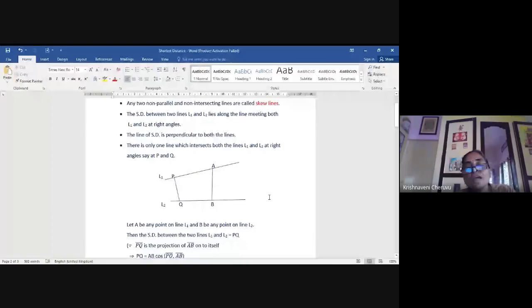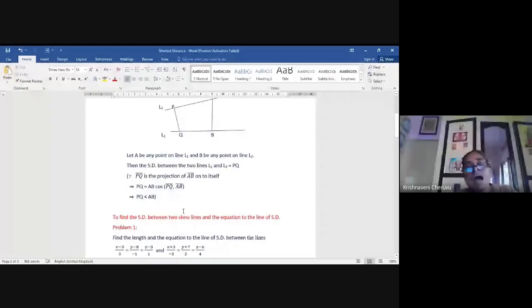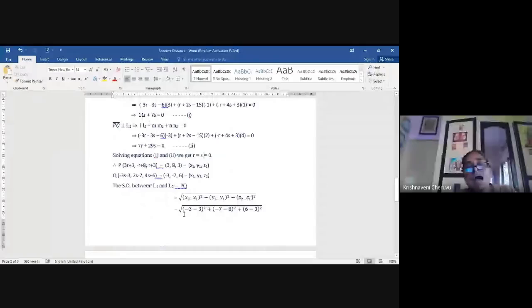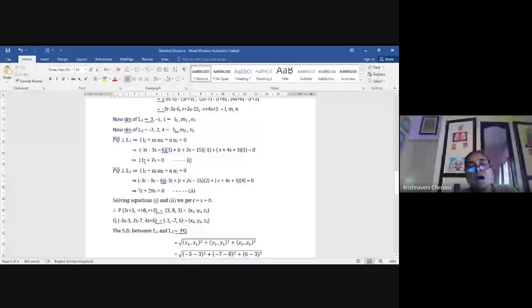What is left is to find out the distance between P and Q and to find out the equation of PQ. That's all. Distance between lines L1 and L2, PQ gives you the shortest distance, and the equation of the line joining PQ will give you the equation of the line of shortest distance. So basically you have to find out a point on L1, a point on L2 to finish the problem. So you have now a point P on L1 and a point Q on L2. So shortest distance between the lines L1, L2, what we wrote here? We wrote here it is PQ.